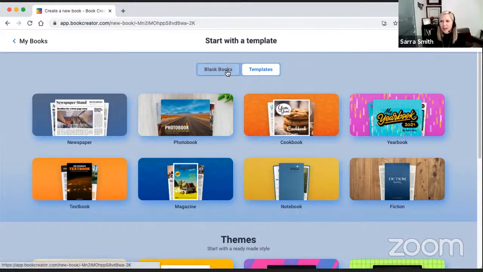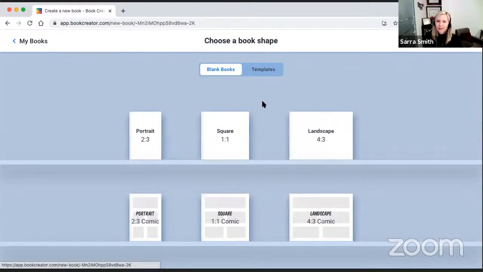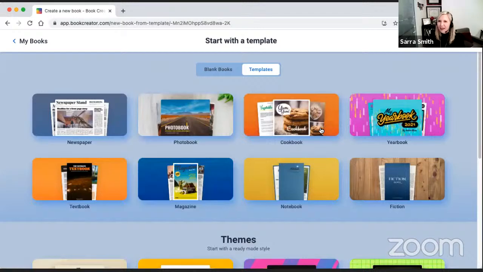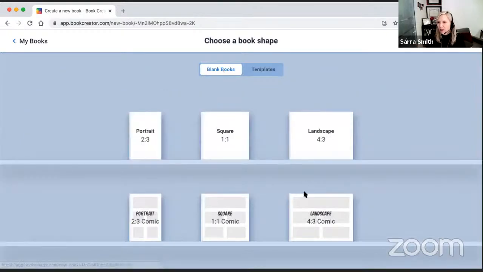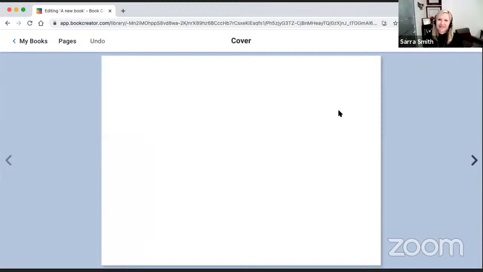Okay, they were being a little shy, Catherine, but Heidi has said she would use the photo book. So going back to the blank books, you would just tell your students, choose one of the bottom ones because there's more features with the comic options. Is that what you're saying? Okay, awesome. We love features, added features. Exactly.